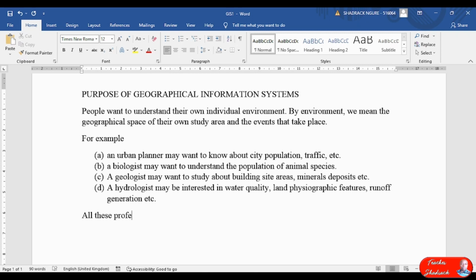All these professionals require data that relates to space, and typically involving positional data. Okay, period. Now positional data